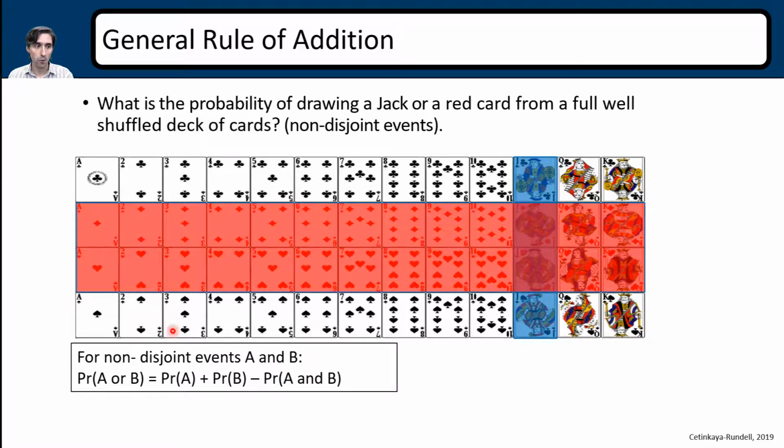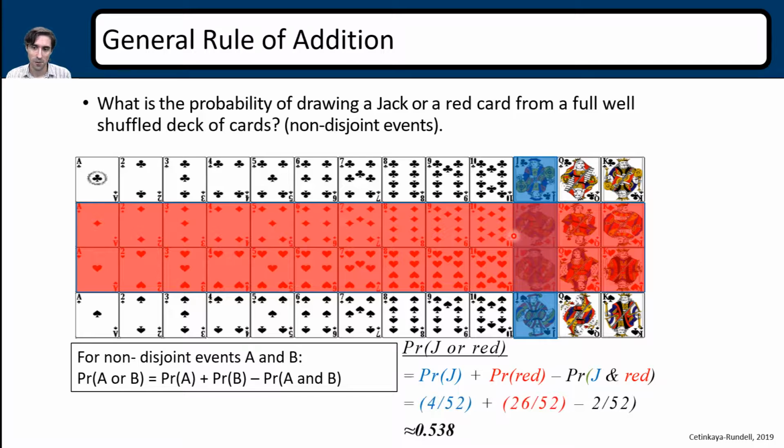So for this, what does this look like? Going back to that previous slide, we are going to add all of these and all of these, and we're going to minus whatever that is total. So what does this look like? We have the probability of jacks plus the probability of red minus the probability of jack and red, which is 4 out of 52, plus 26 out of 52, and then we minus 2 out of 52. So this is just simply stating what is that merge of that color, and that's just 2. So we have 26 plus 2 minus 2.